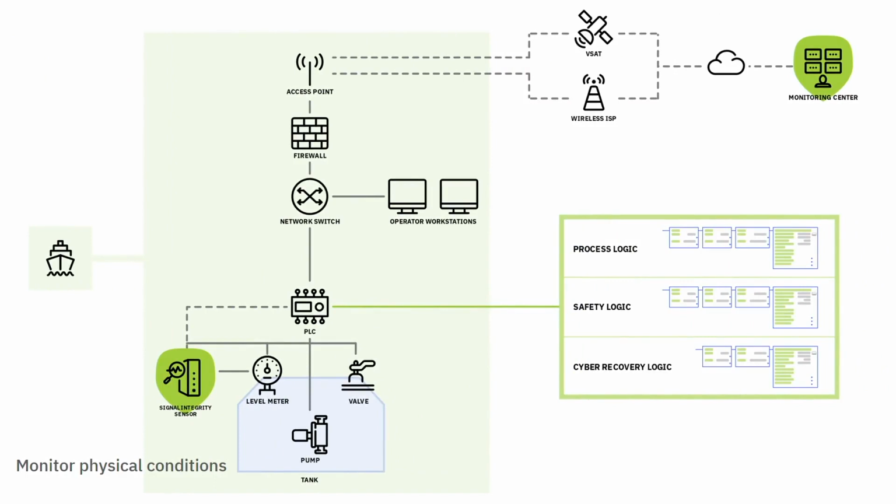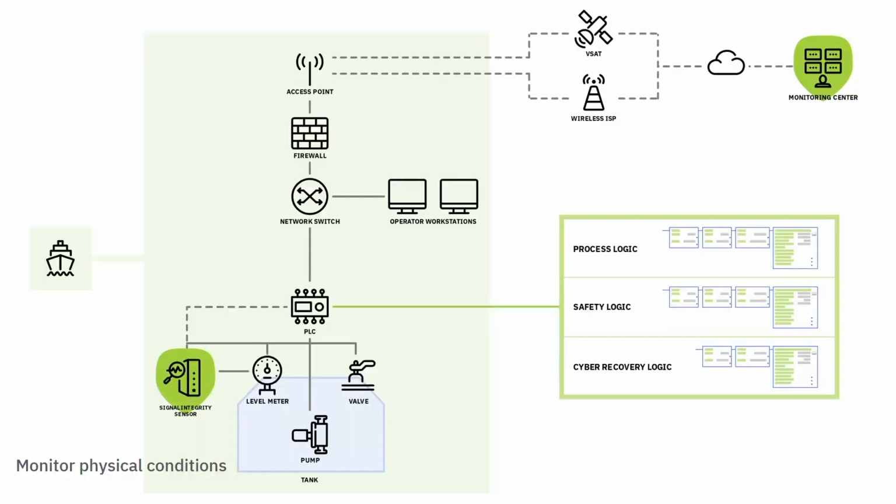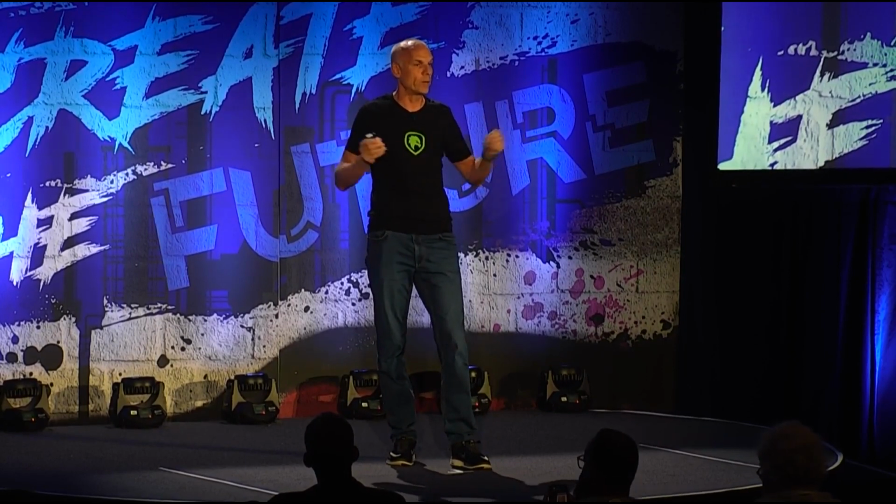Most importantly, now you want to prepare for this. First of all, you need to understand what logics you have in place. You have the process logic in place, which is our normal PID, tank, pump, valve type of configuration. Then you always have the safety logic that runs on a different PLC right next to it, which is worrying about certain safety conditions, possibly a shut-off button. And then lastly, you want to consider what kind of logic you need for cyber recovery, okay? This will be a logic that basically assumes that you can't trust any value and any input tag in the system anymore, and you want to reset that.